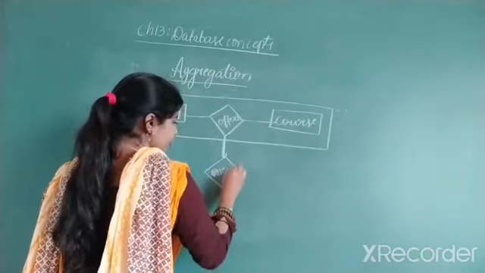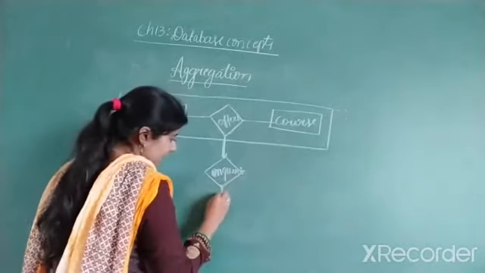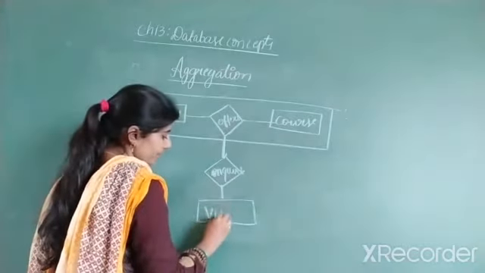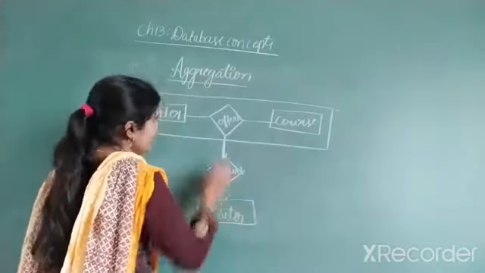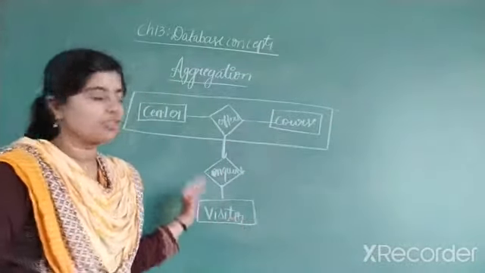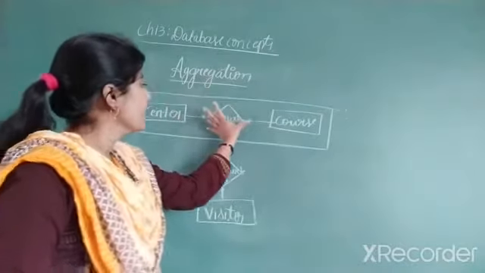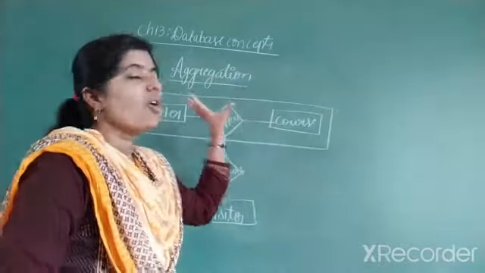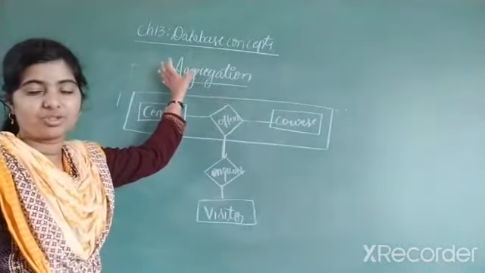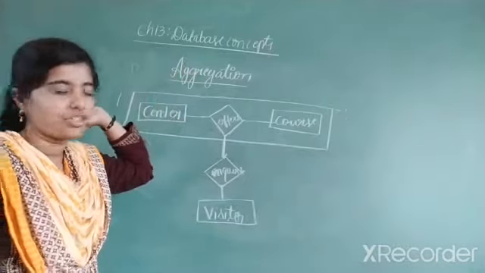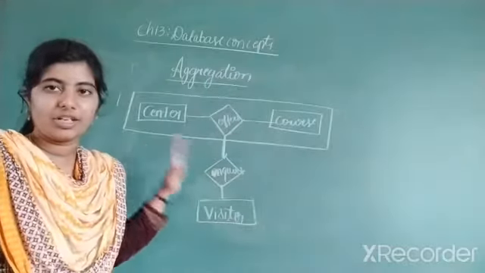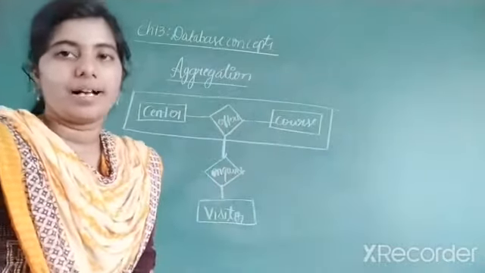That means enquiries is a relationship name, and this is related to another entity that is called as visitor. You can observe here, the process in which the relation between the two entities is treated as a single entity is called as aggregation. So one mark kelbodu, define aggregation. So this is the diagrammatic representation or ER diagram of the aggregation. So this is about the aggregation.